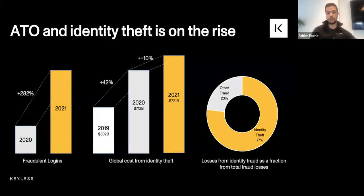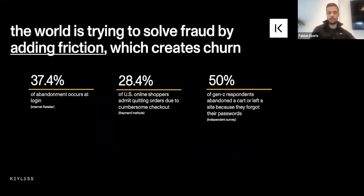The number of fraudulent logins has almost tripled over the last year. The cost stemming from identity theft and related aspects is increasing steadily, and the overall share of identity-related fraud as a fraction of total fraud observed in the market is at more than 75%. And what we typically see, and what you may also be familiar with from your own experiences, is that that fraud